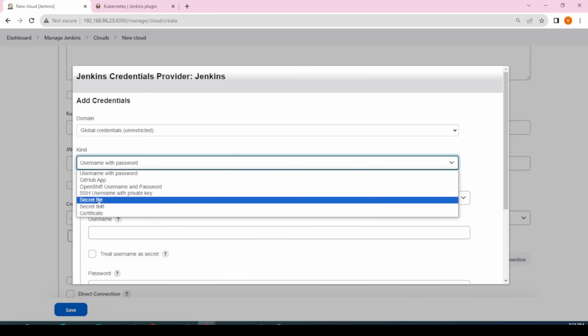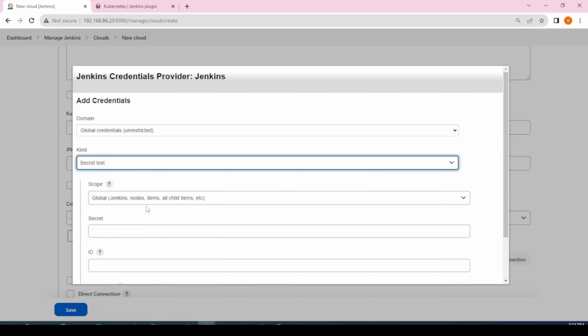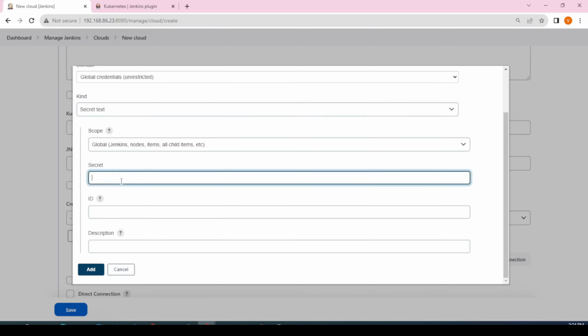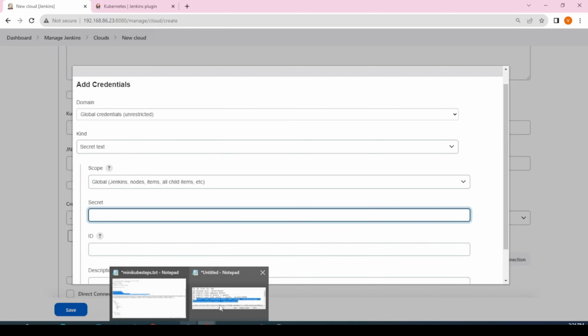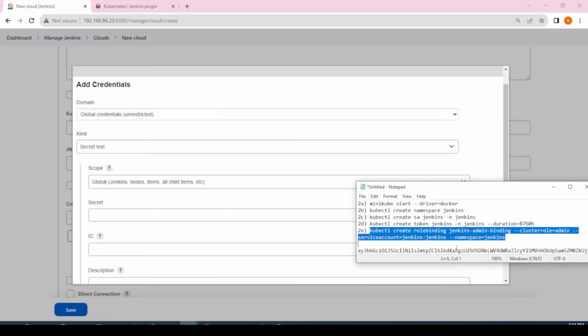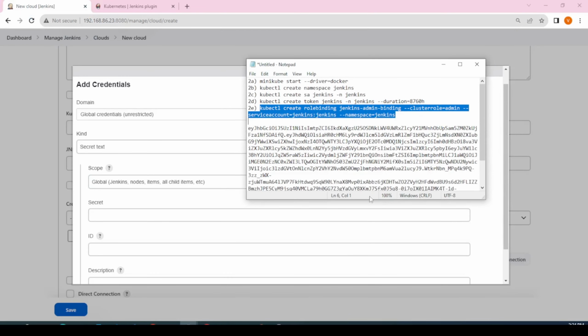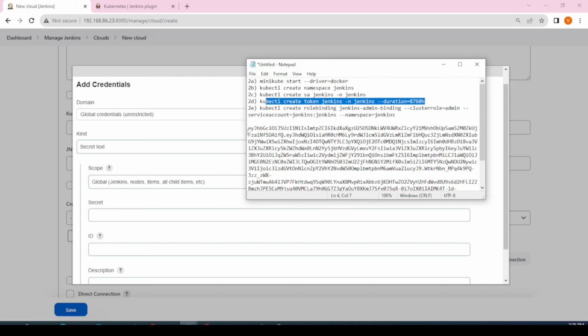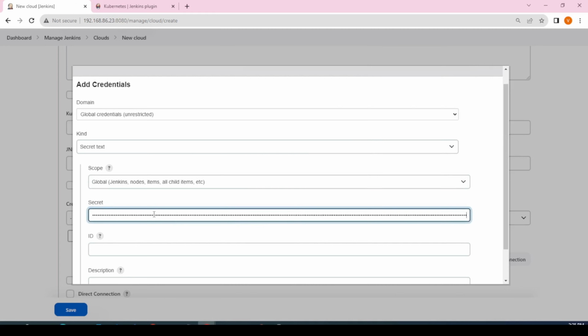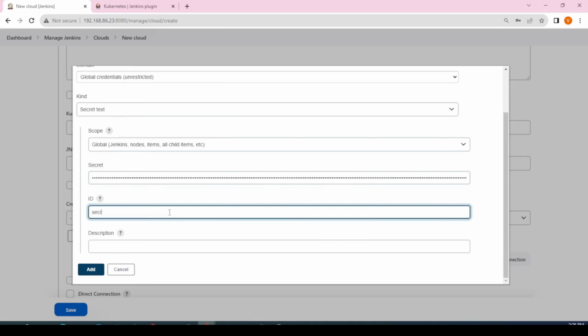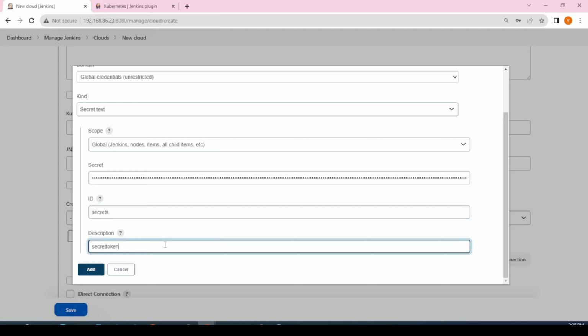And here you can choose the option secret text, and then this can be any name. Okay, sorry, the secret is what you have copied in your notepad, the token. I'm going to reuse the token now. I just copied the command. When you execute this command, the token got generated, right? That token is what I copied in my notepad. Copy this and give it under secret, and this can be any name. Secret token,